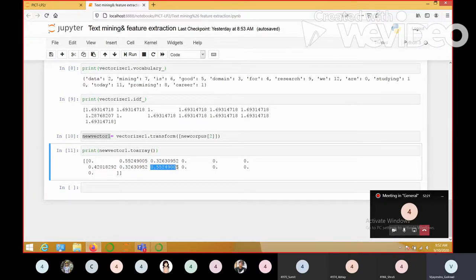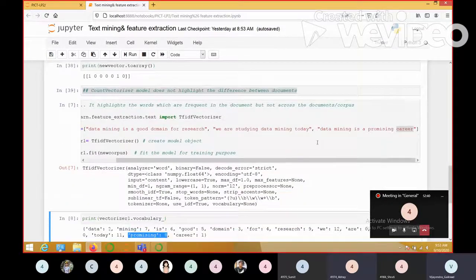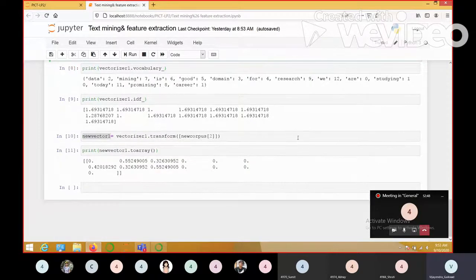Similarly, we have the same value for another word at index 8, counting 0, 1, 2, 3, 4, 5, 6, 7, 8. Which is the word at the 8th index in our vocabulary? Promising. Is promising present in our third document? Yes, definitely. Is it present in all the other documents? No. That is why it is more significant than the other words.